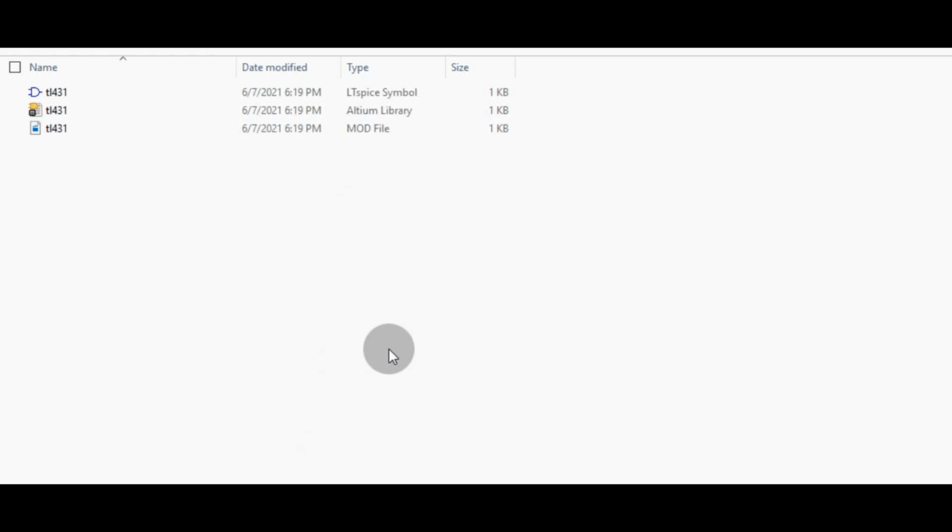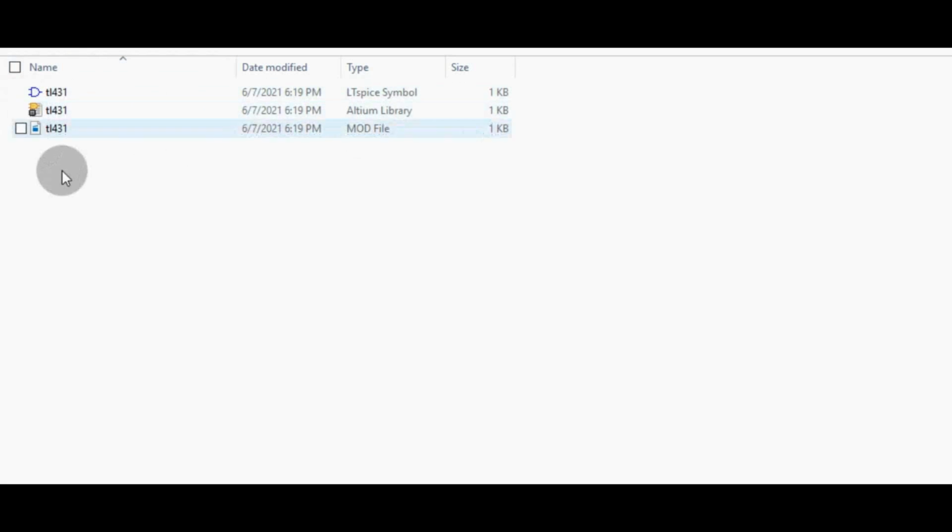So you can see here I have three files to add in my LTSpice library. You can see this is the .sym file, that is the LTSpice symbol, the .lib file, that is the library, and this is the .mod file, that is the model file.